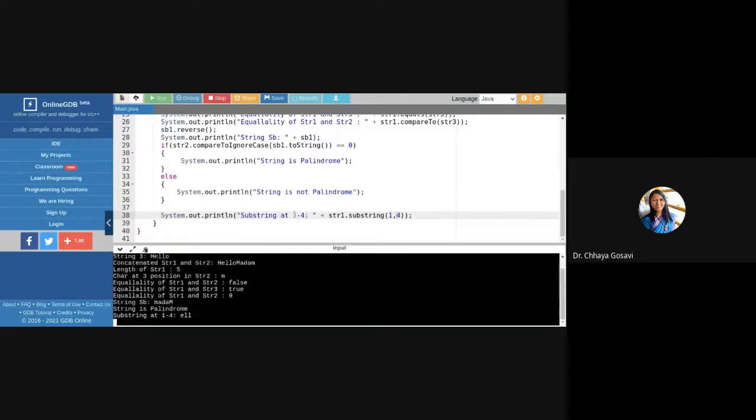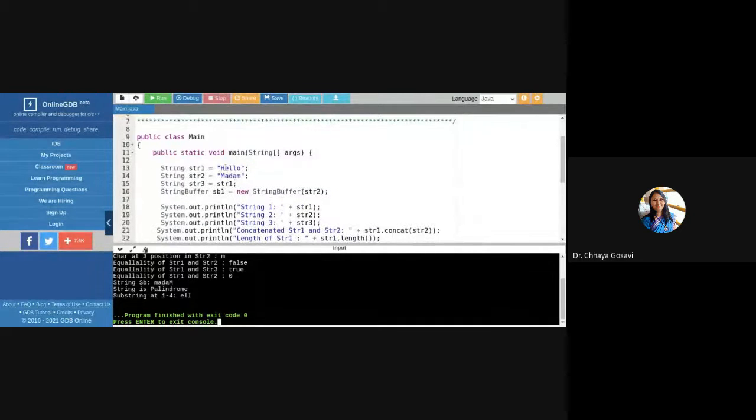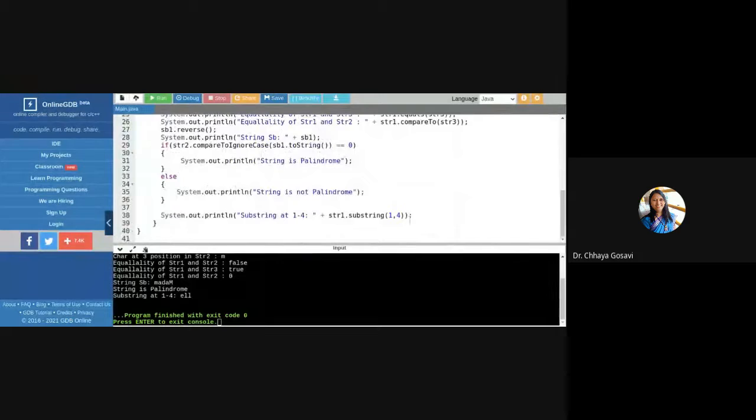So it will skip H, then 1 is E, L, L, and it won't include the fourth one, it won't include O. So in the case of hello, it has printed E, L, L for 1 to 4. So either you can give one parameter or two parameters. It will extract that particular substring from the complete string.